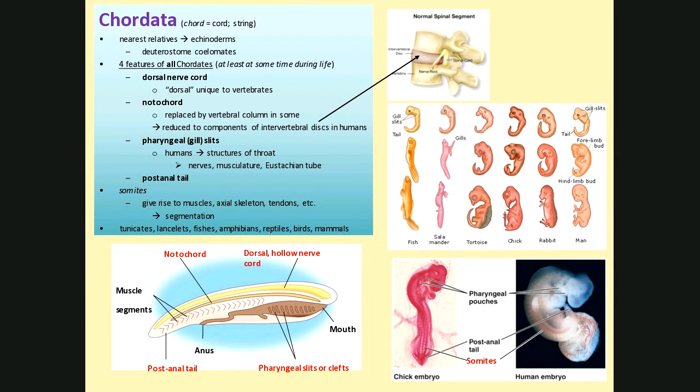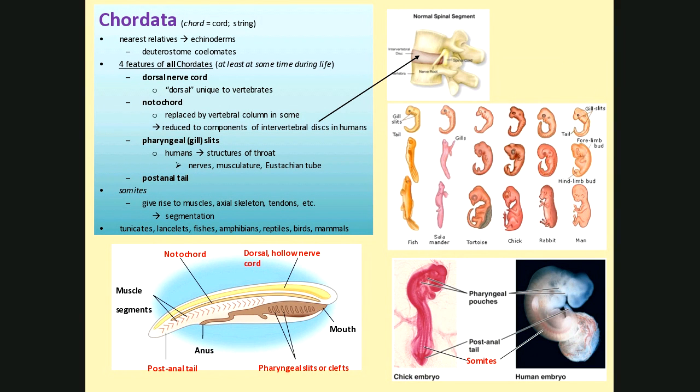All right. Now, gill slits. We all have gill slits. If you look in the mirror underneath your jaws, you can see the little gill slits, can't you? Well, no, of course not. We don't have gill slits or pharyngeal gill slits. But at some time we did. You see these pictures on the right? I'm trying to show you the similarity, like the chicken embryo and the human embryo. Look, pharyngeal pouches. Those are gill slits, by the way.